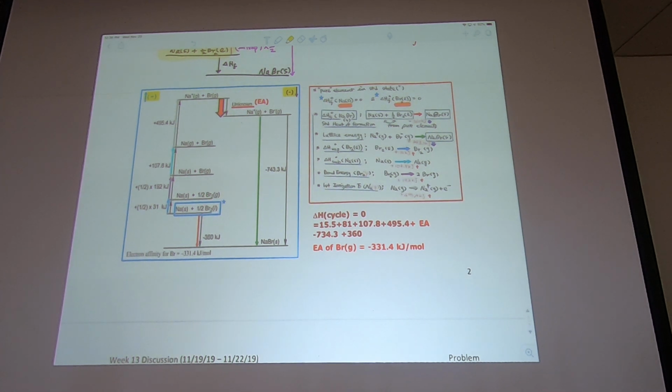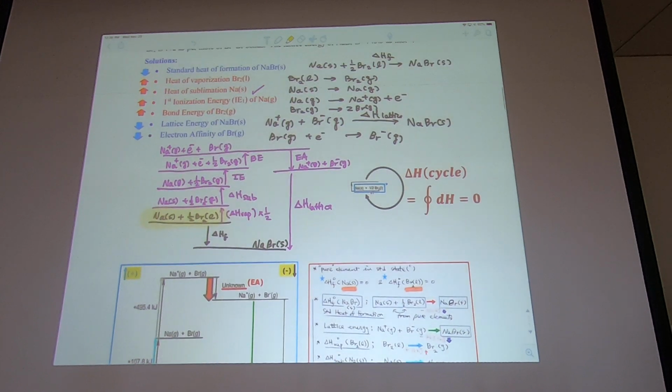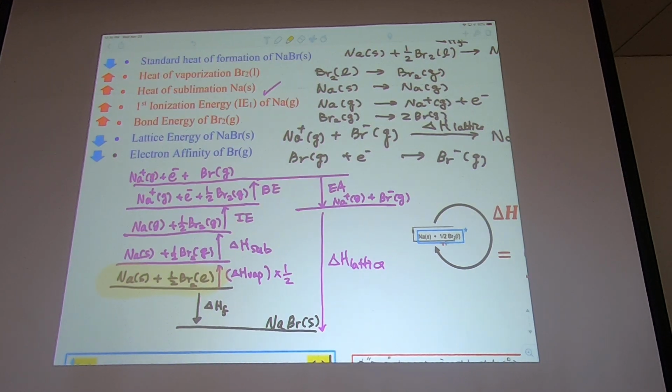Bond energy. I forgot about the bond energy. Yeah, it is. For the bond energy, you need to break the bond, but you only bring half of the bond. So this one actually has to be multiplied by